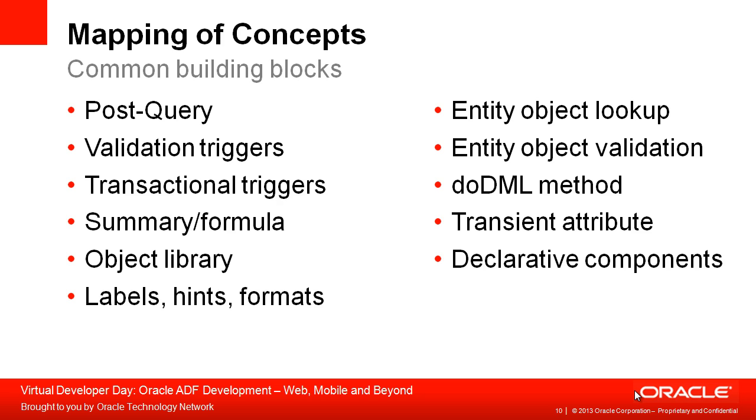And with Forms, when you have data fields within your data block, you can define labels, you can define tooltip text, you can define formats for things like dates. And again, within an entity or a view object, each attribute, which maps to your underlying column in the database, has a property, which is its label, its hint or its tooltip text, and how that information is formatted, for example, currency or date fields.